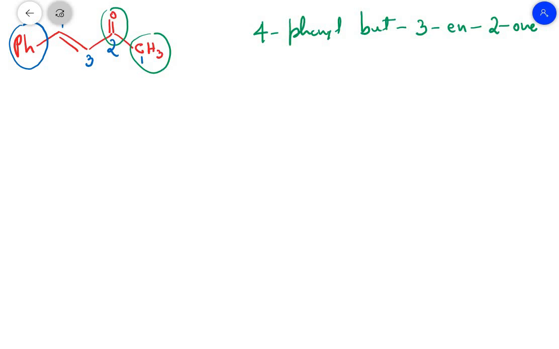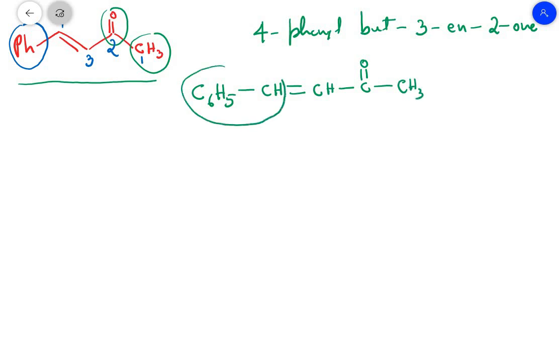In fact, students, if the same compound is written with respect to condensed formula, it becomes C6H5 single bond CH double bond CH, then followed by C double bond O and CH3. But here if you see this part, that is C6H5 and CH, it is already known to us that it can also be written as C6H5 then followed by C, with only one hydrogen. If I write it as one hydrogen, right, so this group is called as what?